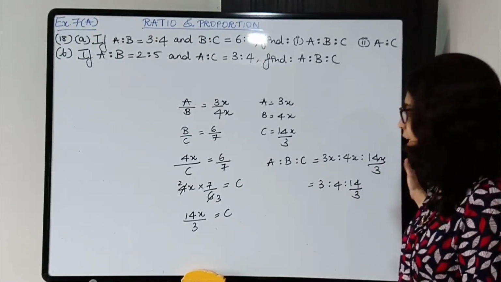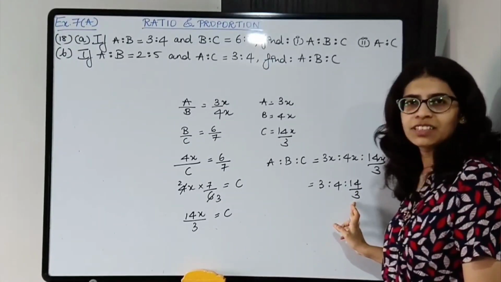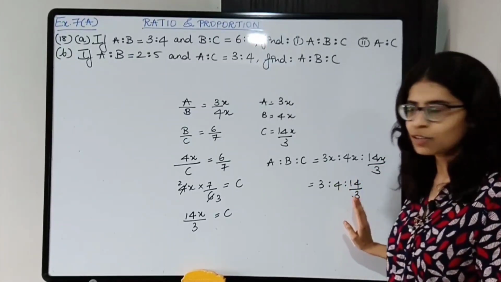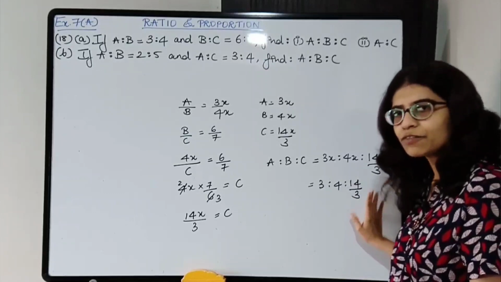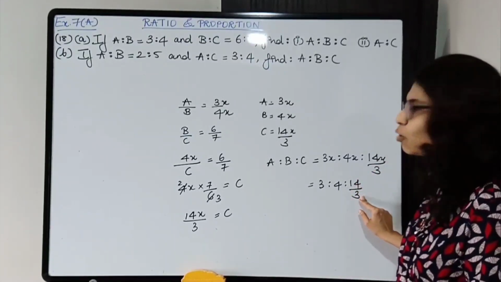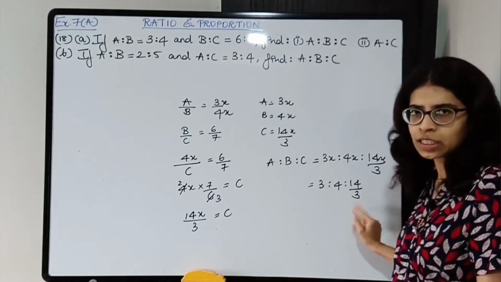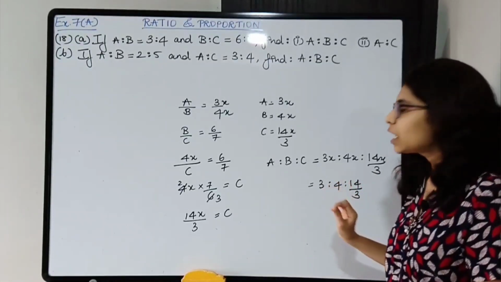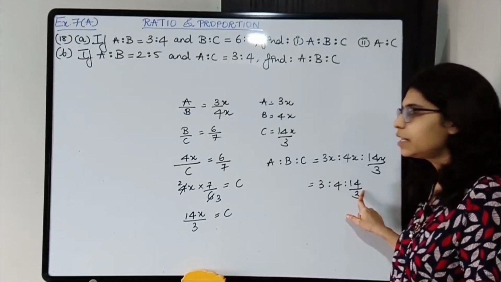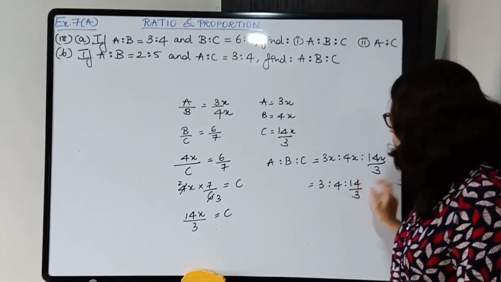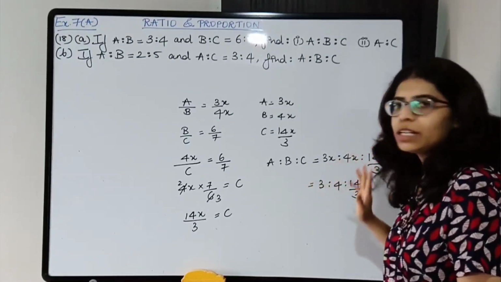ठीक है, now there is denominator में 3. Let us remove the denominator. Okay, not keep a fraction. ठीक है, don't keep a fraction over here. So you have to remove it. So 3 को denominator से निकालने के लिए I need to multiply this by 3. 3 will get cancelled. But I cannot multiply only this by 3. I need to multiply all 3 by 3. ठीक है, सिर्फ एक को नहीं कर सकते हैं, तीनों को multiply करना पड़ेगा.